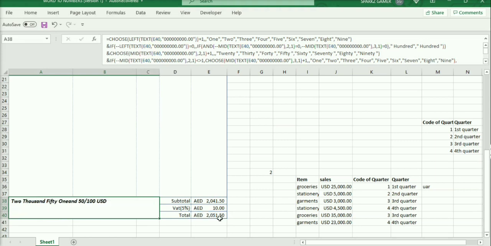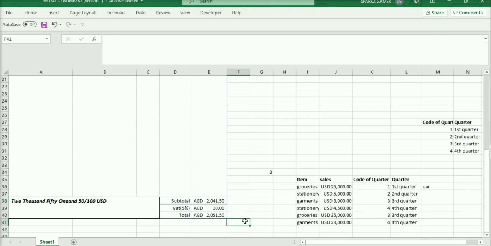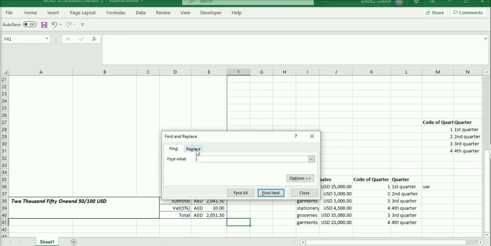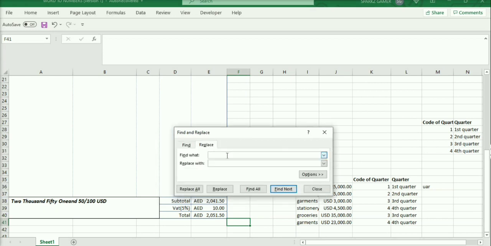If you want to change this cell, for example, use Ctrl F. In case you are using another cell, I am using E40 here, just use Find what, select that cell, and replace it, so that you can change the cell. Just copy this full code, and if you want to change the cell name, just use Find All and Replace All.